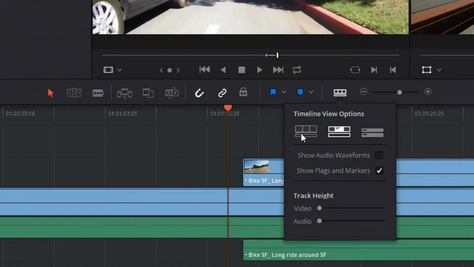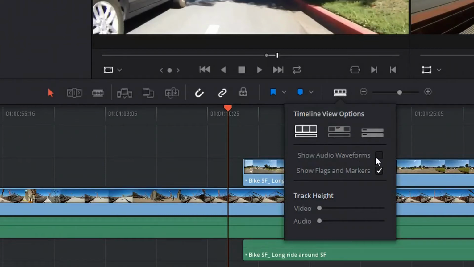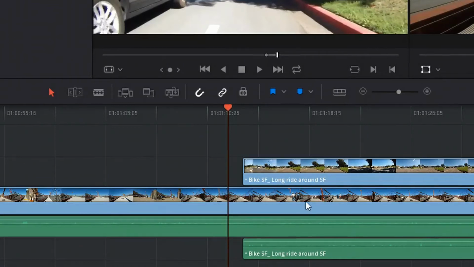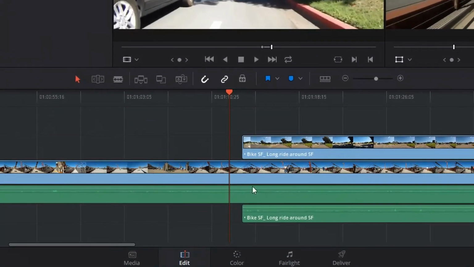One thumbnail at the start and one at the end. But for right now, all I really care about is showing those audio waveforms, so I'm going to check that. Now in this case, you can see them appear, but the video and audio tracks are really being condensed heavily right now. So what we can do is, if we want them to be larger so we can actually see